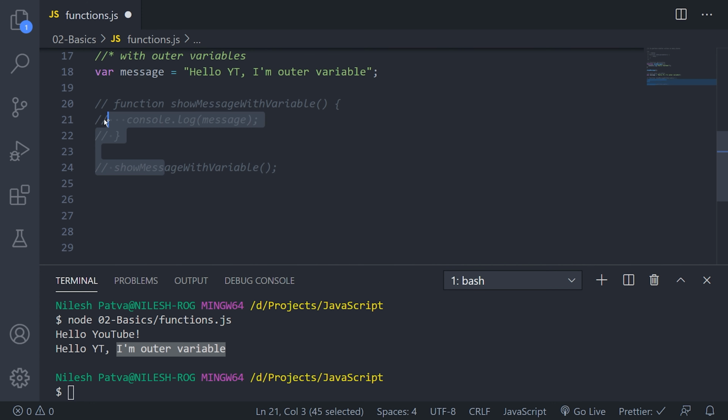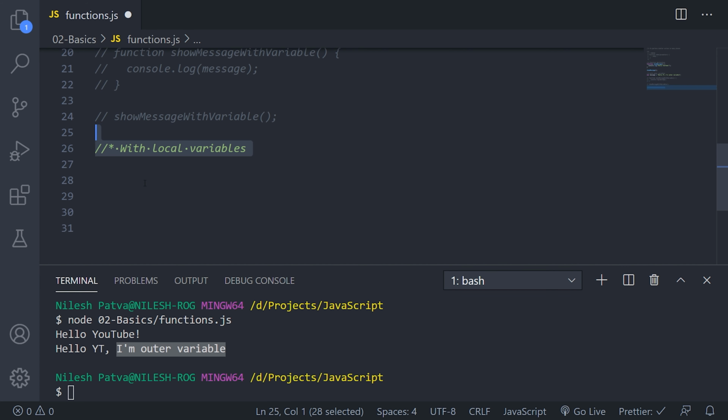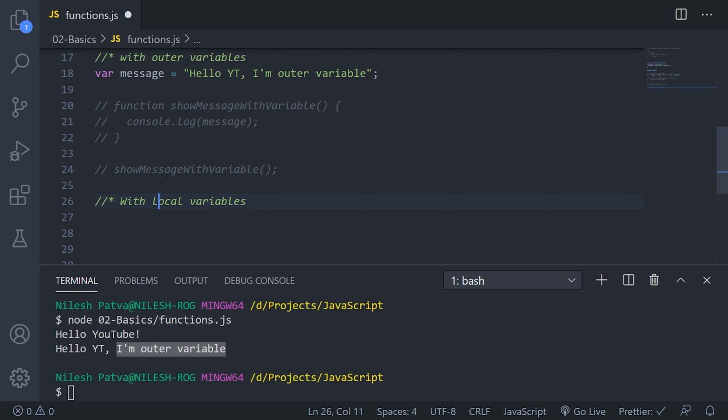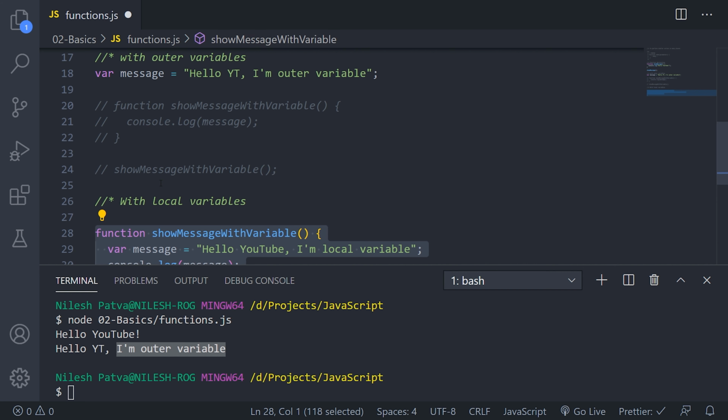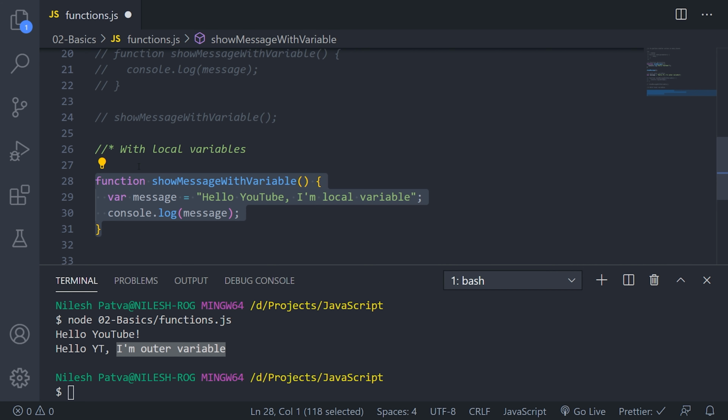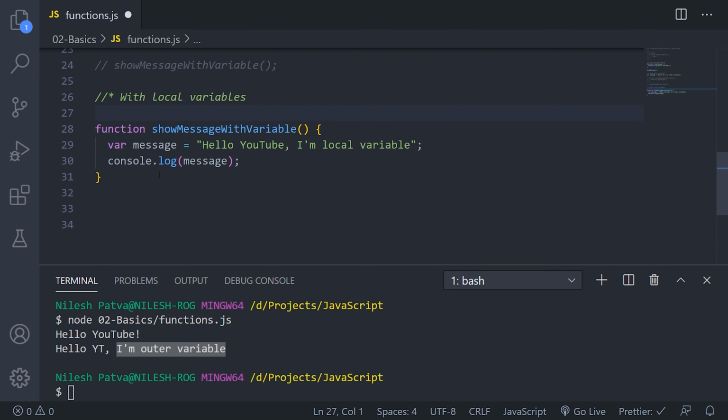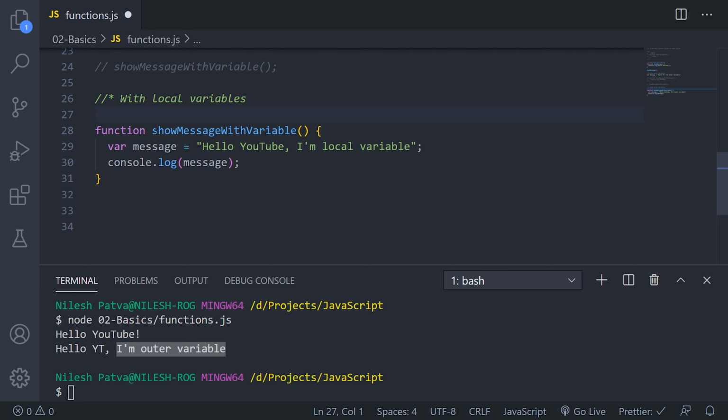First of all, I'll comment this out. Now we will see local variables, how you can declare local variables and use them. The syntax is pretty similar to how you declare any other variable. So I am creating one function with the same name, show message with variable, but now I have a local variable declaration here.